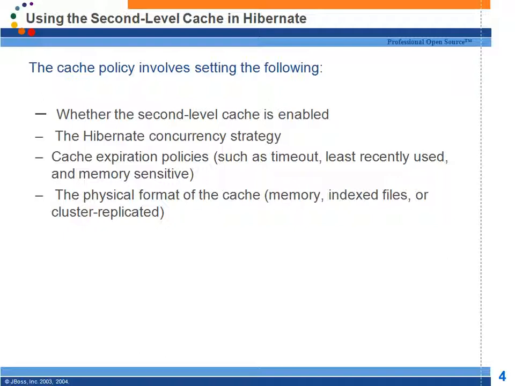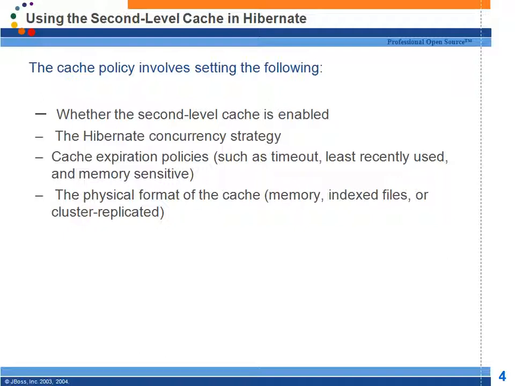Third thing is, when the cache expires. The cache will expire at some point of time, right? Otherwise, if the cache does not expire, you may be working on stale data, right? So you need to tell about cache expiration policies. There should be a maximum timeout for the cache, after which the cache is invalidated. You can invalidate the cache, right?